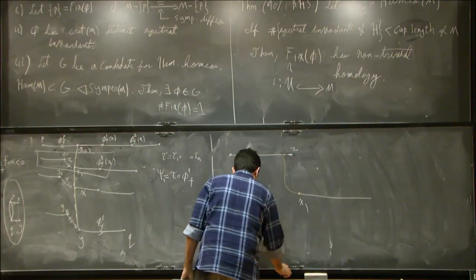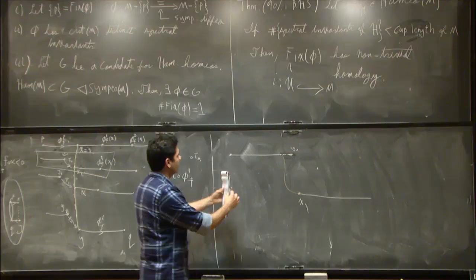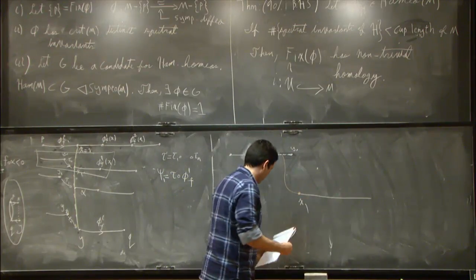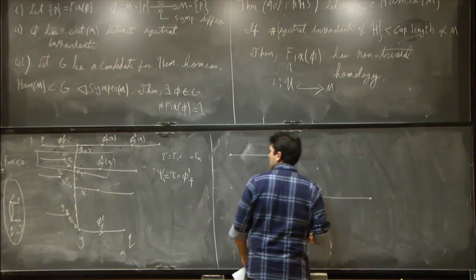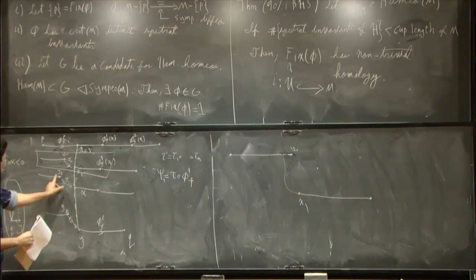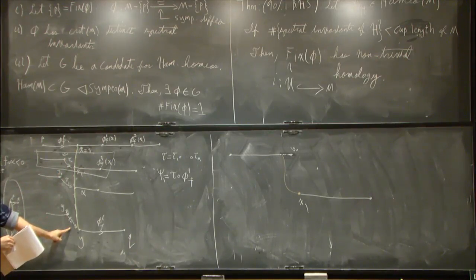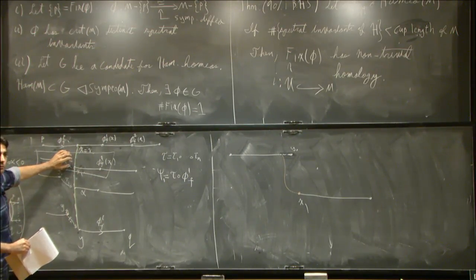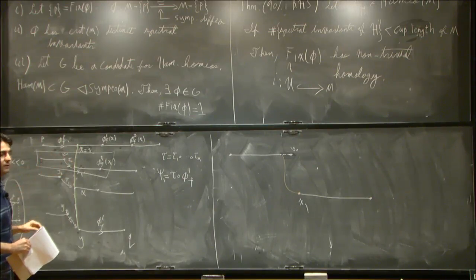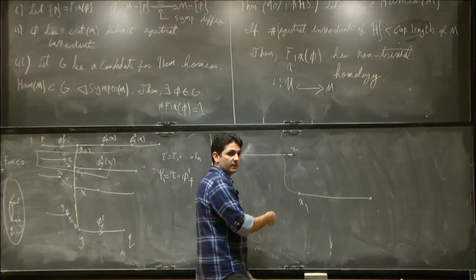Now, if you apply psi1 to this curve here, it won't land in the right place. Do you assume you're not perturbing the other ones? Which other ones? I'm perturbing all of these at the same time. So there's tau 0, tau 1, tau n. Yeah, but the supports are somehow disjoint. Yes. So these are very small. Like this point is so close that I could pick the supports to be disjoint at this point. This is not where the problem arises. That sort of problem arises in this next step.